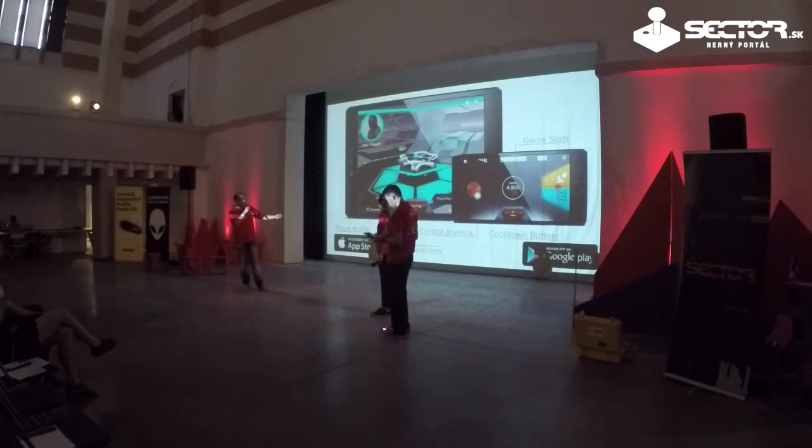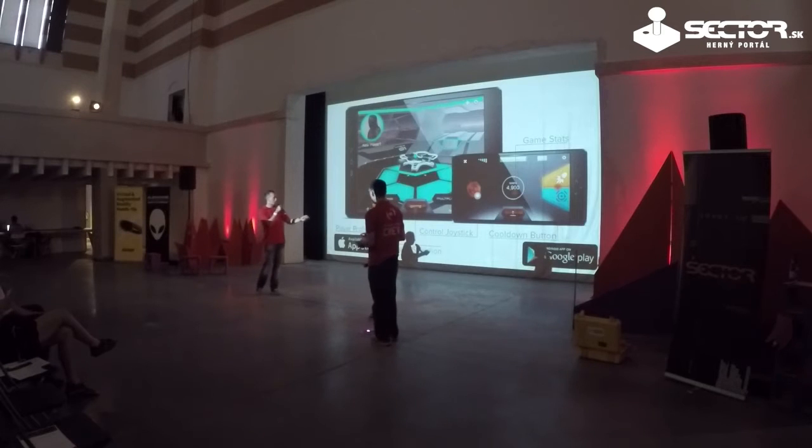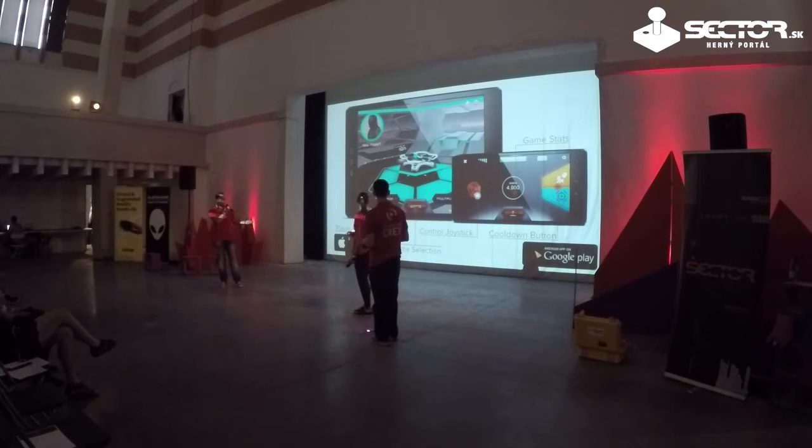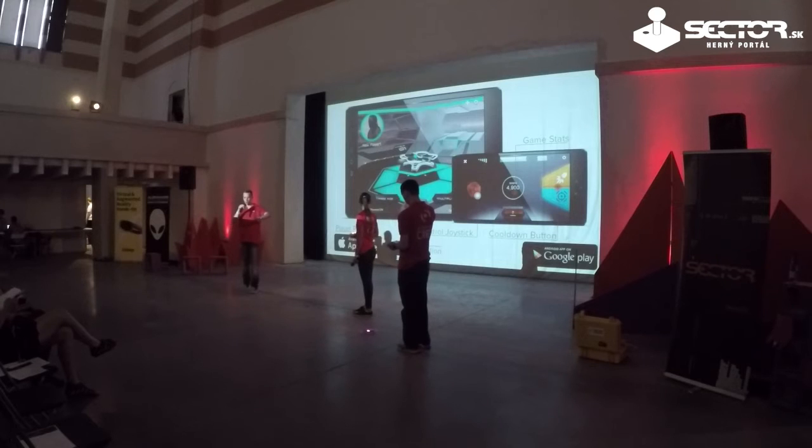On the right side you can see the weapon system. The lower system is less powerful, but you can push this cooldown button more often. And in the upper section you have a more powerful weapon, but with a lower frequency. On the left side you can see control joysticks, which can be used for yaw angle changing,